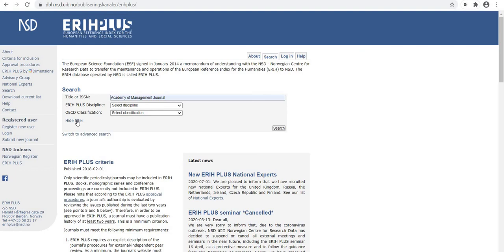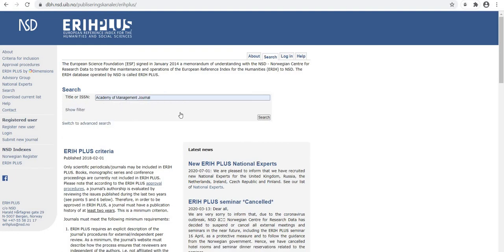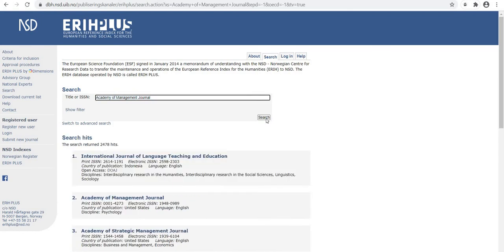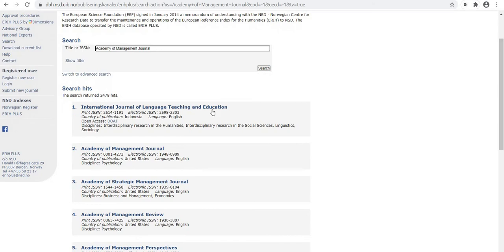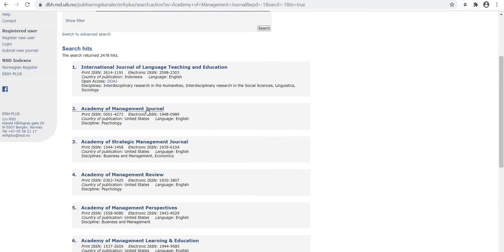But currently, I'm not using these filters, so I will simply click search. Here various journals appear having the words Academy, Management or Journal. So this is the journal I searched for, Academy of Management Journal. I will simply click this journal name.